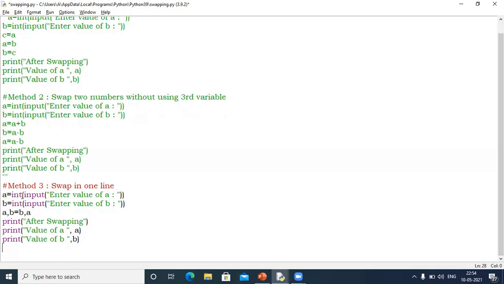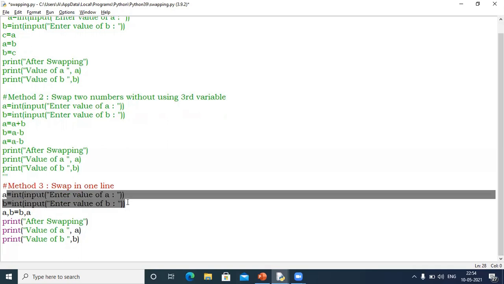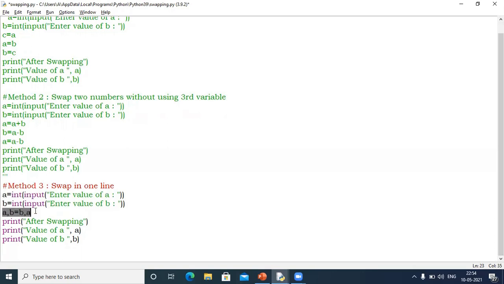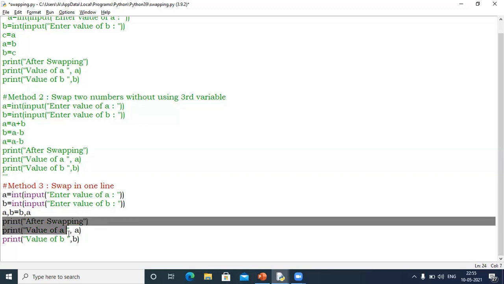Again, I'm asking the user to enter 2 values for A and B, and using only this simple single-line statement, I can swap these 2 values. And then at the end, I'm going to display them.